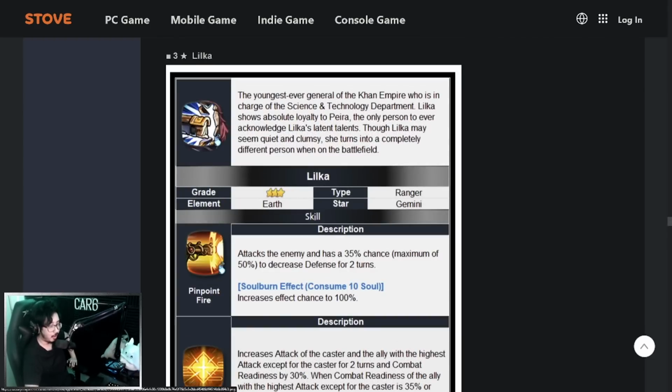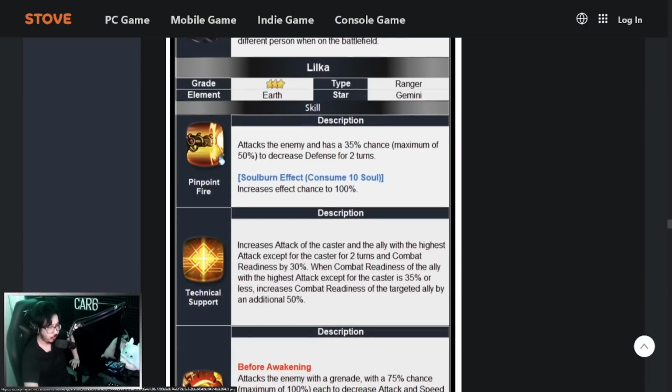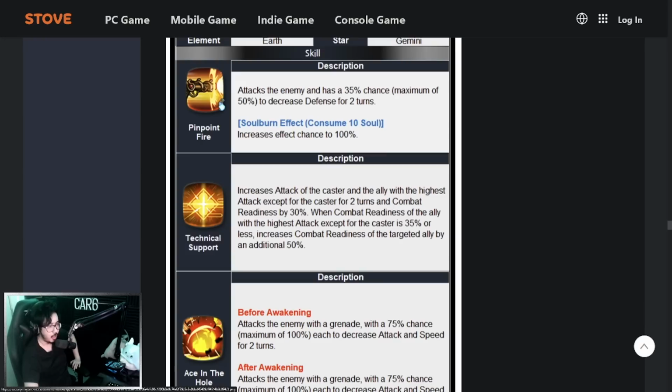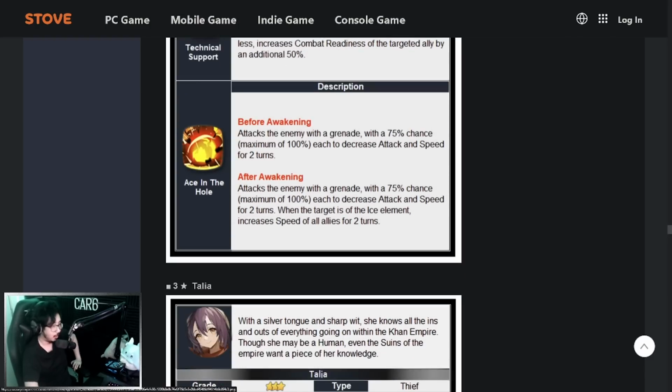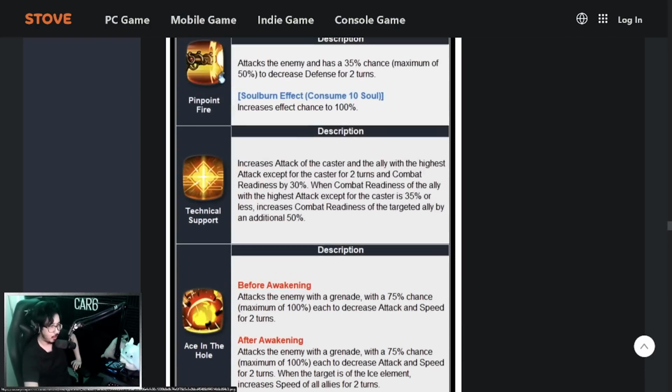Lilka, who has no icon here, but I believe she's the one with the cat ears. She has a D-break as well. Increases attack of the caster and the ally with the highest attack, as well as has a lot of combat readiness manipulation with a stipulation. Sorry, guys, for the big words there. But yeah, there is a requirement here. Increase combat readiness of the target ally by an additional 50 if the target in question is 35% or less on the bar. Okay. Like a little tricky, but it's just a lot of combat readiness stuff here